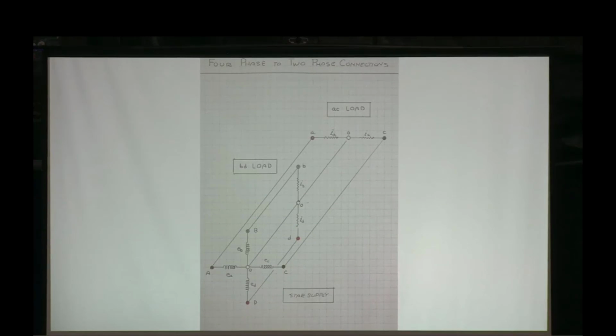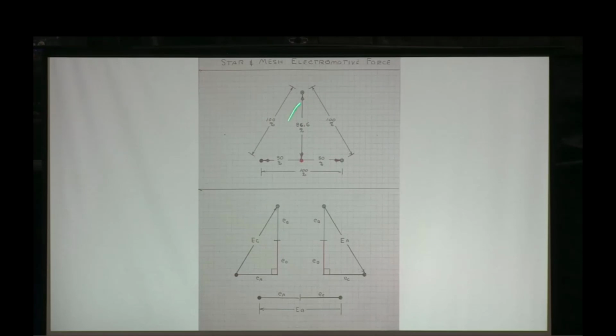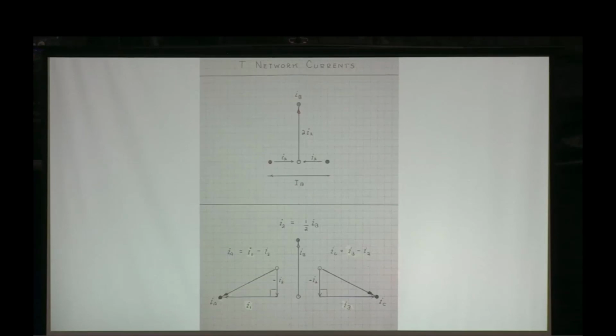So here now we've connected two Edison systems to a Tesla system. So from the T, simply by moving where we put the voltmeter, which is a star configuration, we now have a three-phase mesh configuration, and this is how this transformation comes about. This kind of breaks it down a little more. It's very difficult to come up with a graphical presentation of this that makes any sense. I struggled a lot to try to make this one image. It appears to be geometrically impossible. Maybe Pythagoras could do it, but I couldn't. But what we're doing now is we're developing the star current configurations that are intrinsic with a mesh supply of